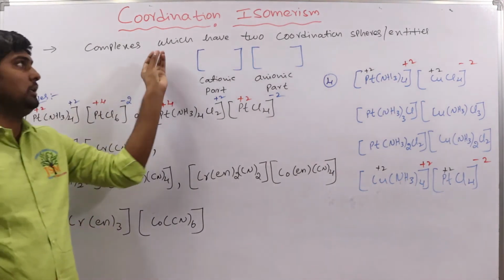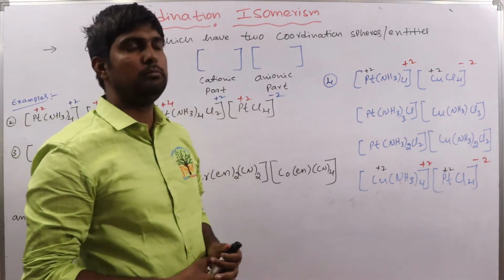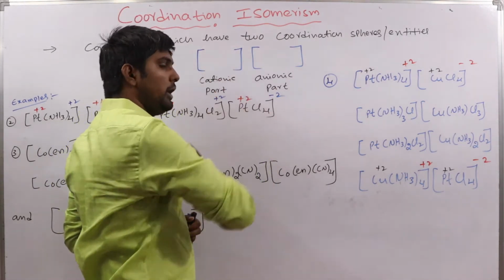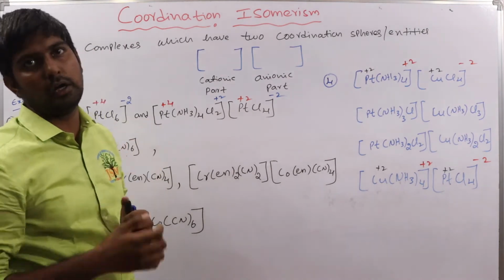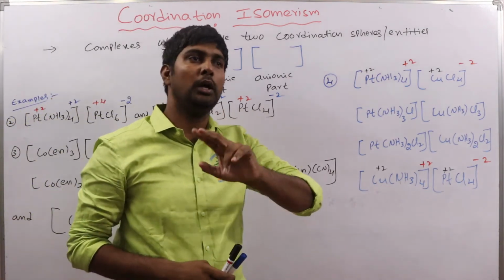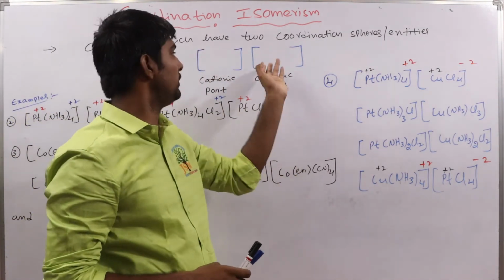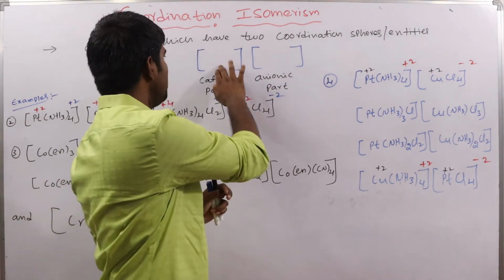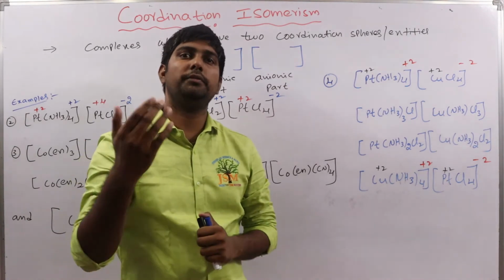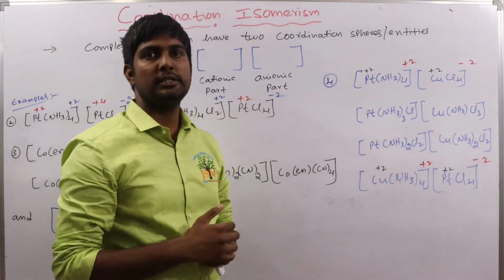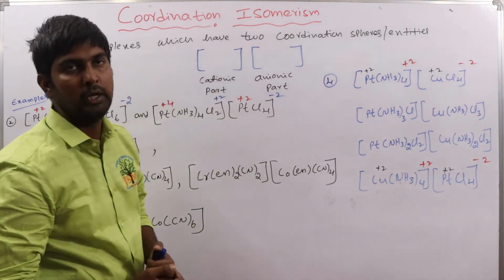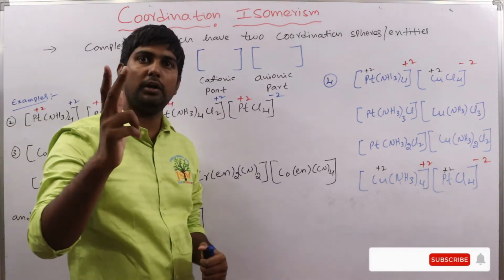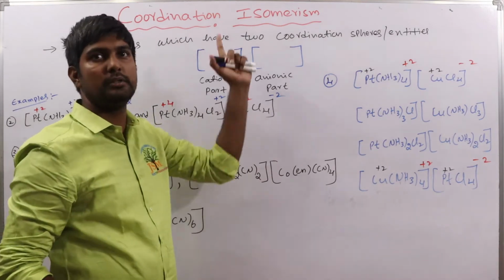So here, in this coordination isomerism, the metal ions present in the two coordination spheres may be the same or different. In the previous examples, the two metals are different in the two coordination spheres. Even if the metals are the same in both the coordination spheres with different ligands, they also exhibit coordination isomerism. Metals in these two spheres may be same or different, they will exhibit this isomerism.